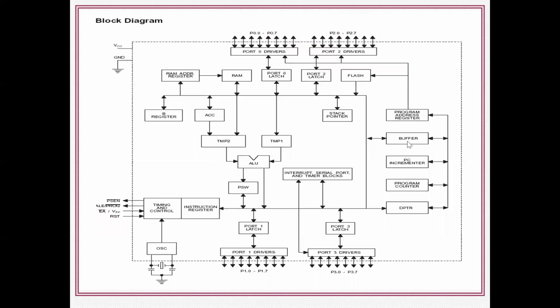Sir, what is the need of the buffer? The internal architecture of the 8051 microcontroller uses parallel communication, but the interfacing in serial communication is serial. We need to convert parallel data into serial data, and that is done by this buffer. This buffer is also called the serial buffer, which has two units: a parallel to serial converter unit and a serial to parallel converter unit.